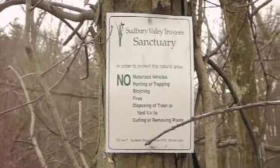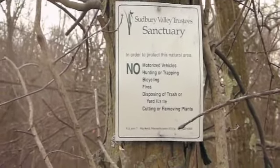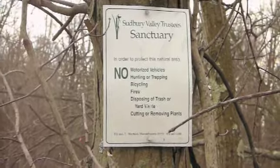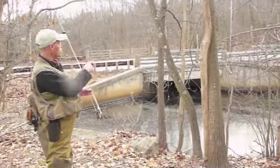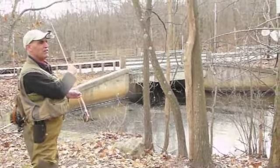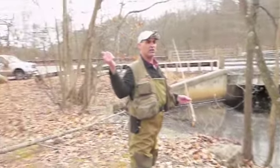We're now in the second pool. This one is at basically the intersection of Corderville Road, which is the road that we took to get down here. We went 1.5 miles downriver from the Fruit Street Bridge. Again, we're right here at this bridge. This bridge carries Route 85 over the Sudbury River. Just behind me is the Corderville